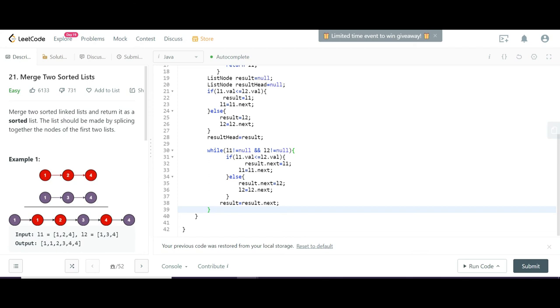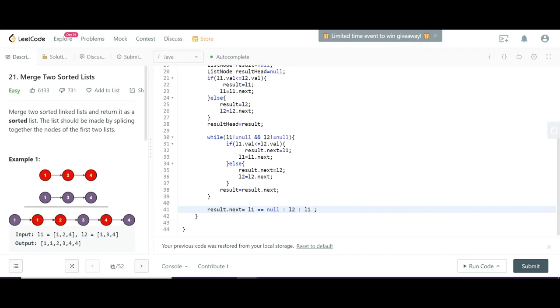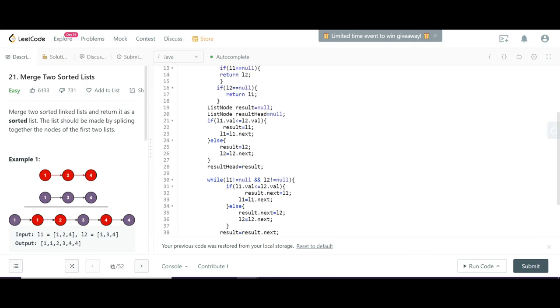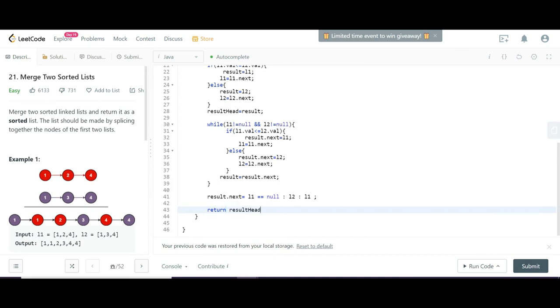So at the end we can check a condition: result dot next we can assign as, if L1 is equal to null, that means we have to assign the last portion of L2, or else if L2 is equal to null, then we can attach the L1 part. And at the end we have to return the result head, not the result, because result head is actually denoting the head of the result.